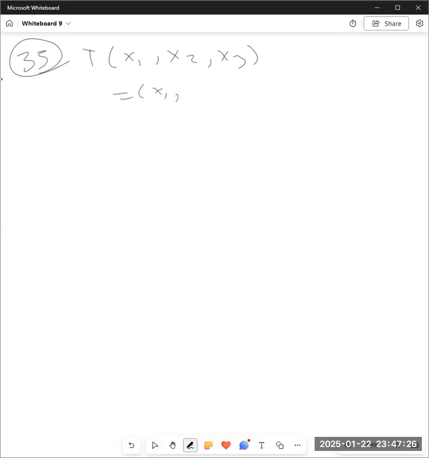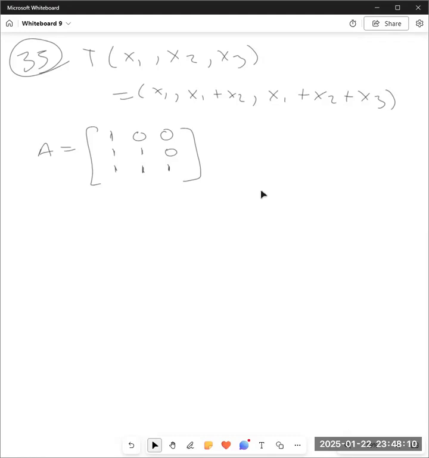So x1, x1 plus x2, x1 plus x2 plus x3. Okay, so that gives me a matrix A for my transformation, 1, 0, 0, and then I have 1, 1, 0, and then I have 1, 1, 1. And all I need to do first to determine if we can find an inverse, say, is to take the